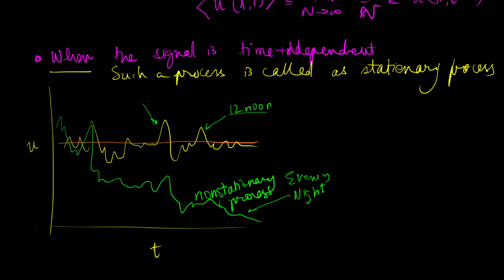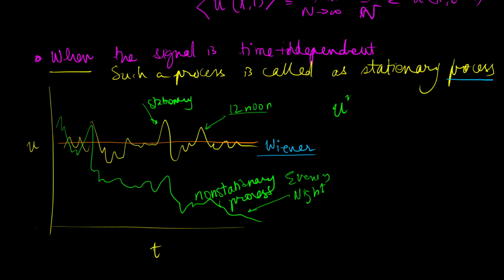This is called a stationary process. And such time series, when you do it, they are called processes. In the language of stochastic process, these things are called processes. So there are various kinds of process. There is a Wiener process, and there are many others, depending on the statistics of it. So when the process is stationary in time, we can define,